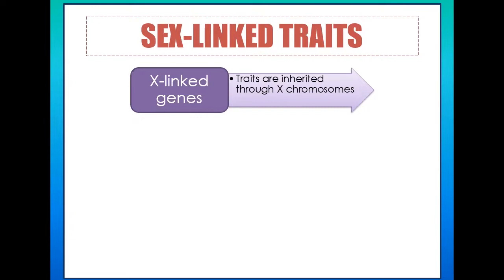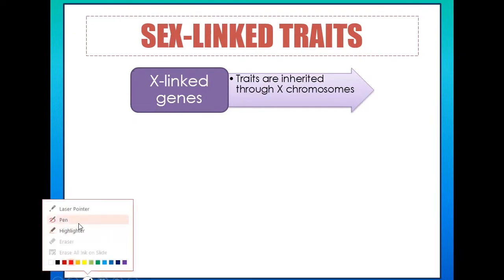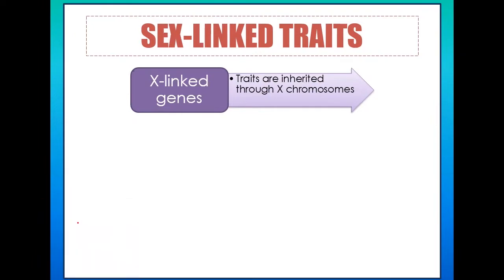Now, let me use the pen. Knowing for a fact that the sex chromosomes of a male human organism are heterogametic, which means there are two different chromosomes found on the sex chromosomes of the male organism, those are X and Y. Hetero means two different. Having known this fact, that males in terms of sex chromosomes are heterogametic,